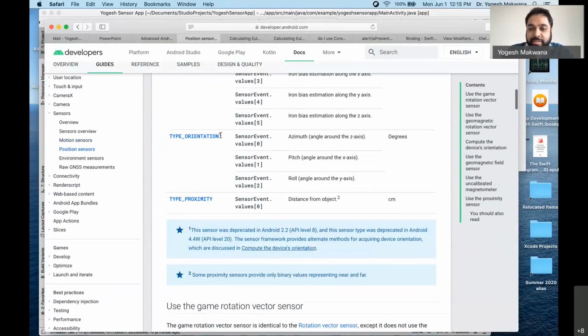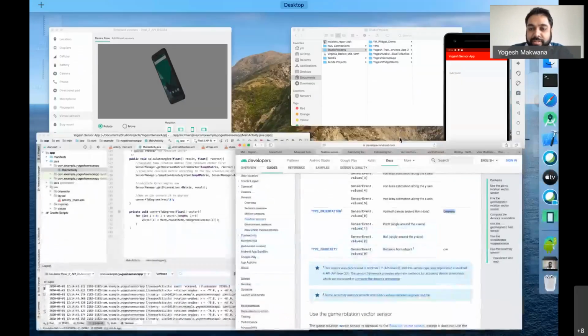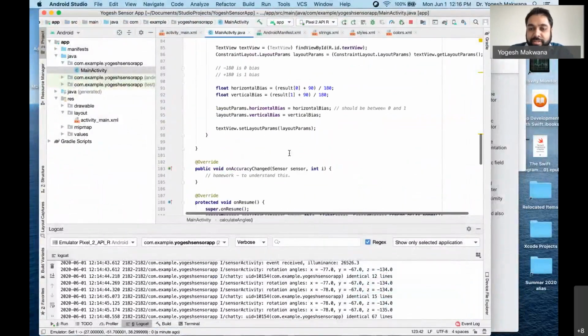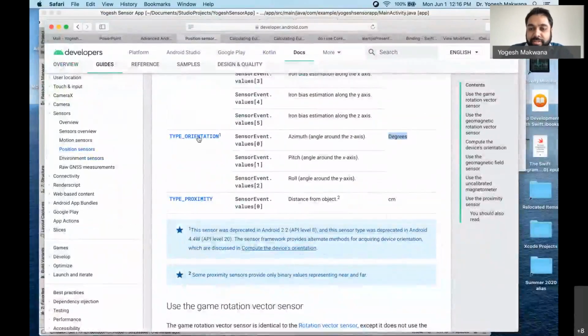Now, the problem is, if you read the footnote, this sensor was deprecated in API level 8. Although this would be the ideal, this would give us the three angles in degrees and we would be done, and we would not have to do all this jugglery. But what happens now is, if you click on this, you will get a message